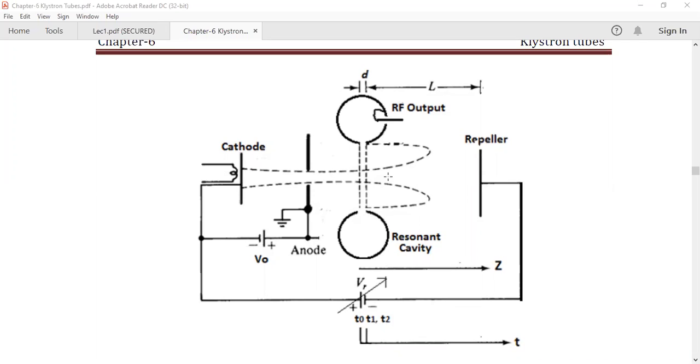There is increasing velocity because of a positive peak in the RF signal, and decreasing velocity because of a negative peak in the RF signal. So one electron has increasing velocity and travels with the maximum velocity, another electron has the minimum, decreased velocity, and another electron has the previous velocity, whatever velocity the electron had before entering the buncher cavity; it will travel with the same velocity. I already told you there are three types of velocities: increasing velocity, decreasing velocity, and unchanged velocity. That we are going to see now.